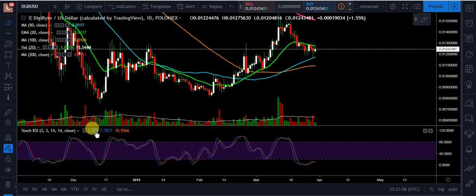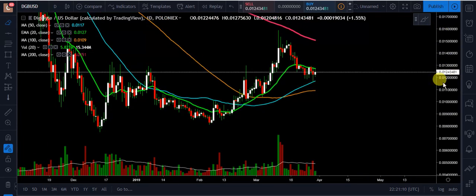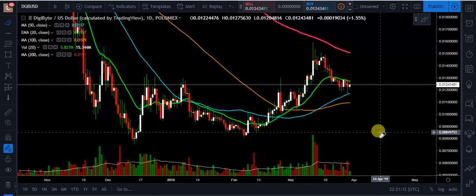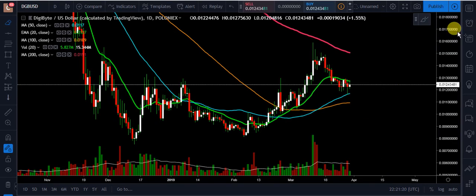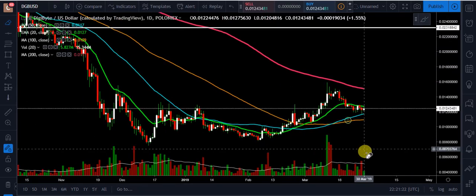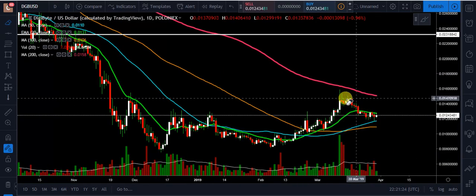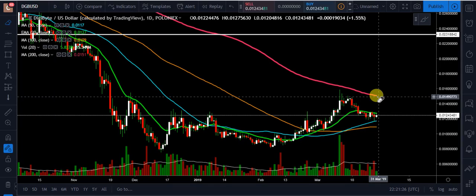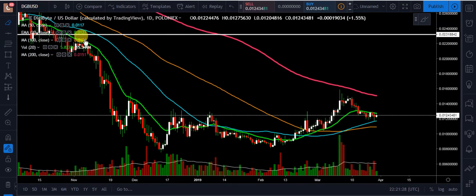So, guys, from everything that I'm looking at with Digibyte right now, I'm waiting. I'm patiently waiting. We're in that neutral area. We want to see if we're going to get that move to the upside or if we're going to continue to the downside for more of a retracement. All right. Now, the beautiful thing, though, is if Digibyte can obviously get over these highs here and get over this 200-day moving average, there's a lot of room to run because this fell so hard and so fast, guys,